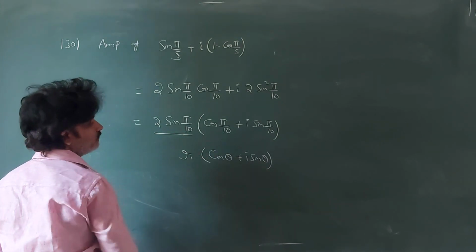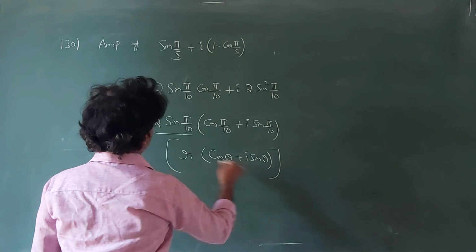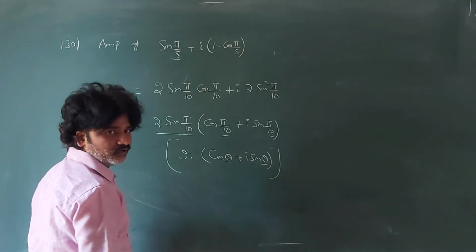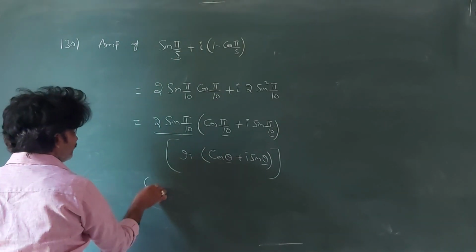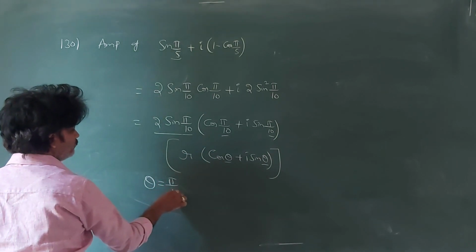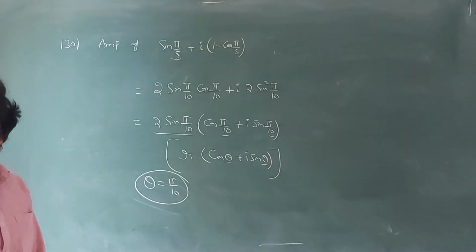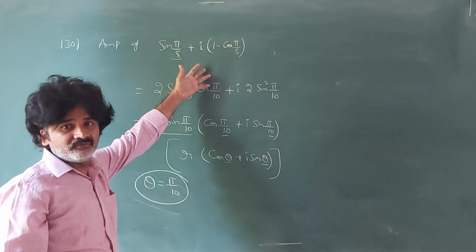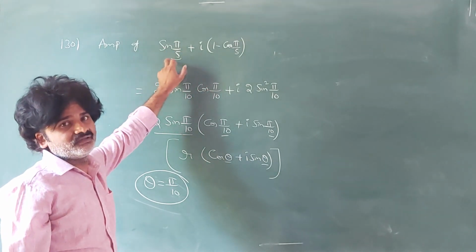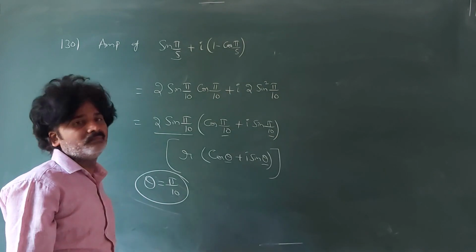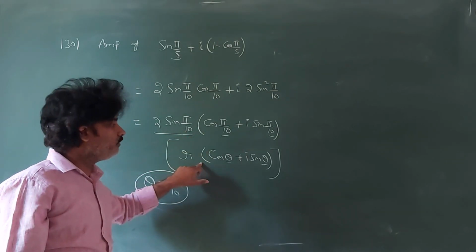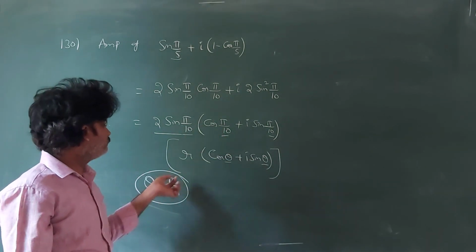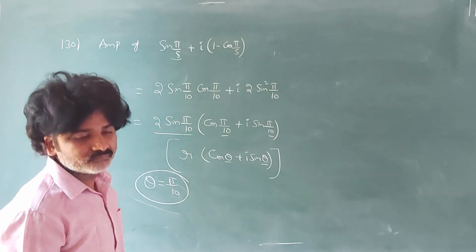So we can consider this one as r. Now it is in the form of r into (cos theta plus i sin theta), where this theta is called the amplitude. So the amplitude of this complex number, theta, is how much? Pi by 2. Simple answer is pi by 2. When the numbers are not given in a plus b format but in terms of sine and cos, apply trigonometry formulas. Then we get the mod amplitude form or polar form of the complex number. If you compare, theta is simply pi by 2. Okay, so take it.